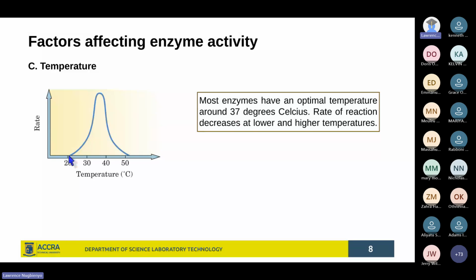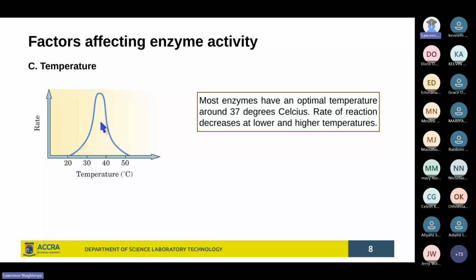So we see the curve showing that as the temperature increases, let's say from 20 degrees, the activity of enzymes or the rate of reaction that the enzymes are catalyzing increases all the way to maximum, which is around that